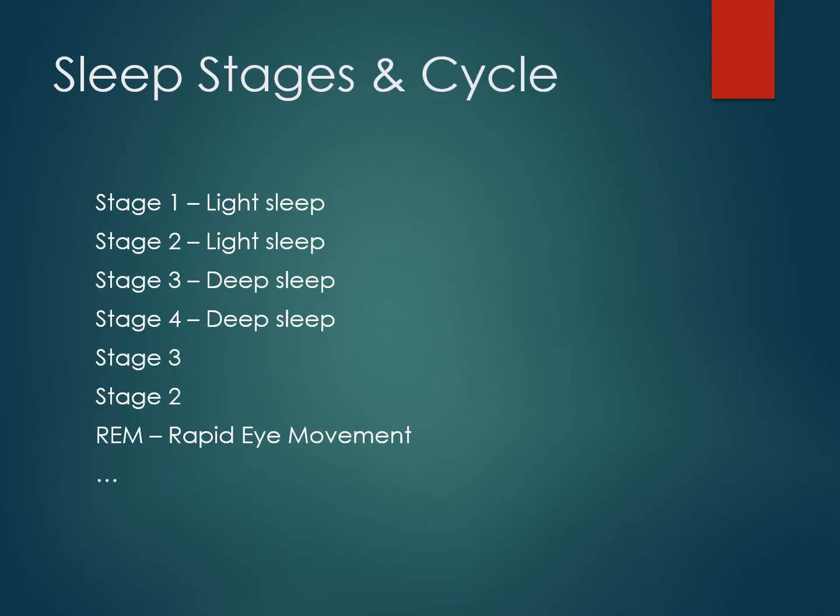I want to also briefly discuss the sleep stages, since I'll be referring to these stages as we talk about the different sleep disorders. When we first fall asleep, we enter stage 1 sleep, which is very light sleep. During this sleep, our body is still slowing down, so our eyes are still moving very slowly and our muscle activity slows. We can be awakened very easily in this stage of sleep.